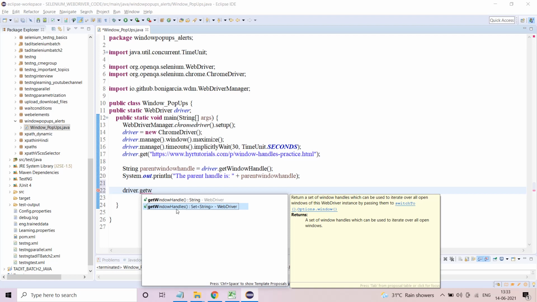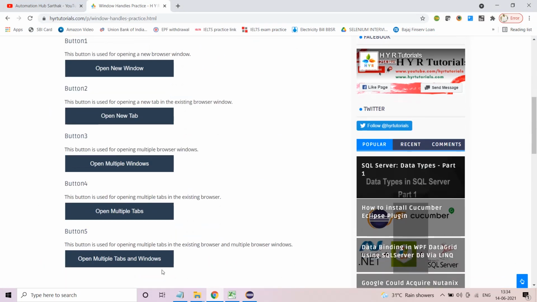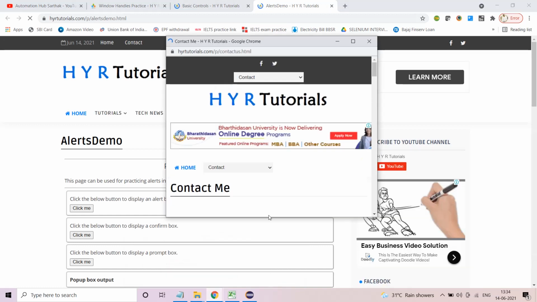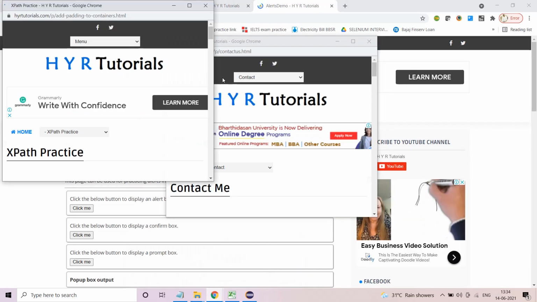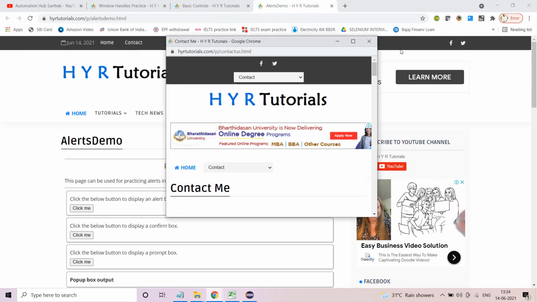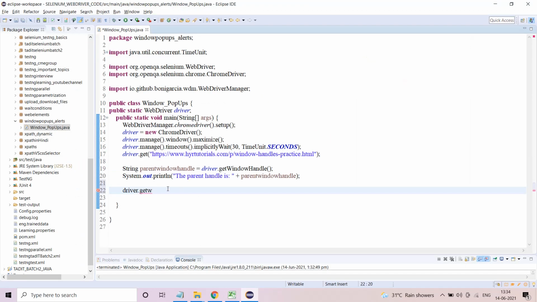That means this will give you the opportunity to determine all the windows that are open. If I go back to the website and click on this, technically two windows open here and two tabs open here too. Using get window handles, I can find out the handles of all these multiple windows and tabs which are opened.